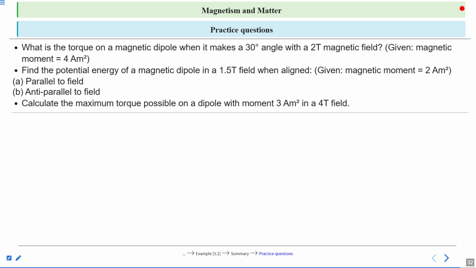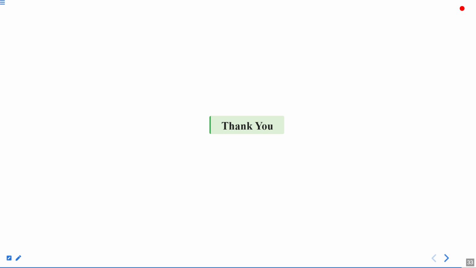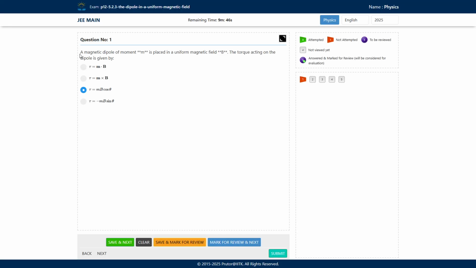Third question, calculate the maximum torque possible on a dipole with moment 3 ampere meter square in a 4 Tesla field. Maximum torque is when theta is equal to 90 degrees. Okay. So thank you, but we have to do the DPP section. A magnetic dipole of moment M is placed in a uniform magnetic field B, the torque acting on the dipole is given by